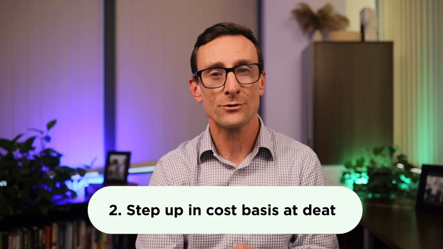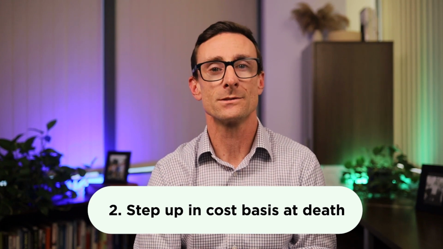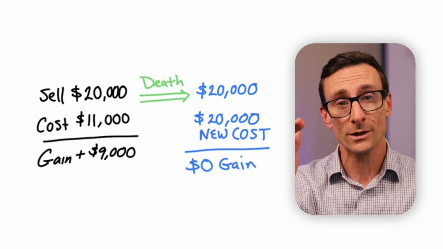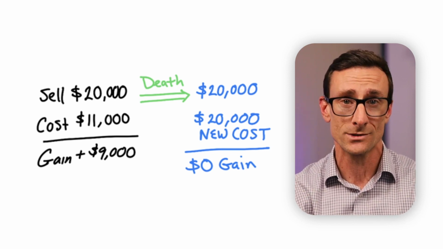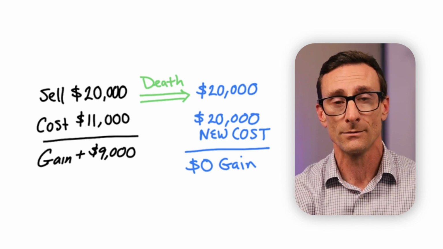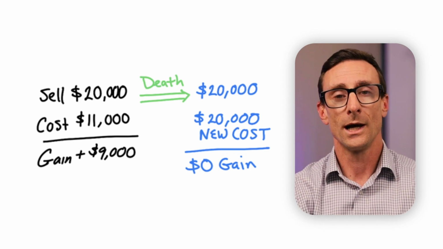The second thing to watch for, based on current tax law, is the step up in cost basis when someone passes away. Appreciated shares step up in cost basis to the fair market value of the shares automatically at someone's death, leaving your heirs with no gain if they sell those shares immediately. Now, here's why this is important. I was recently looking over one of my clients' tax returns. She has some room in the 0% capital gains bracket, but she's elderly and not really in good health. Unlike Mike and Jessica, there really was no reason for us to harvest a gain for her.